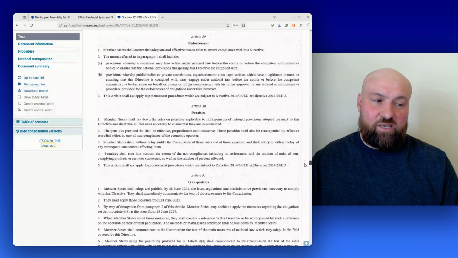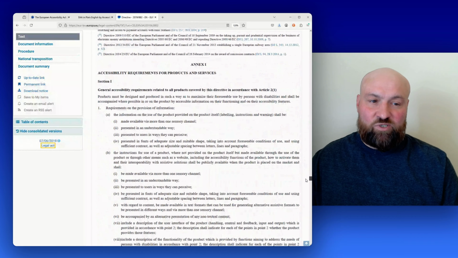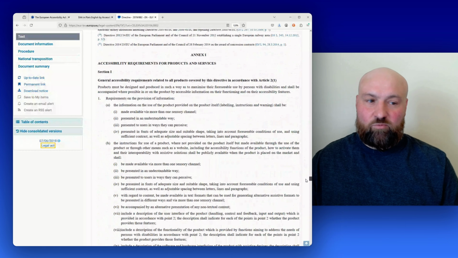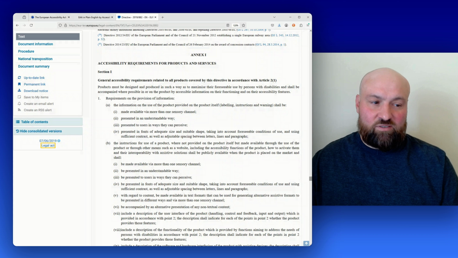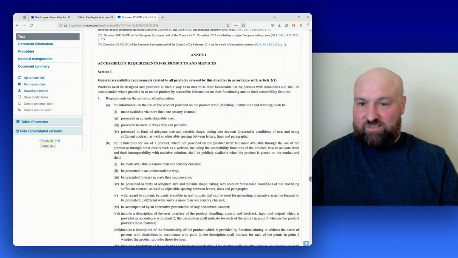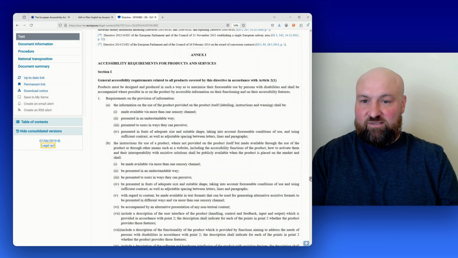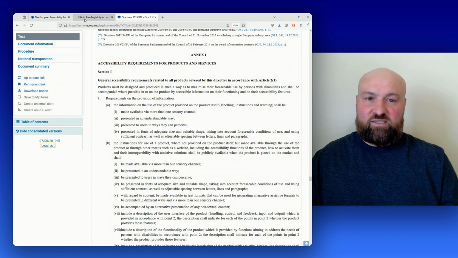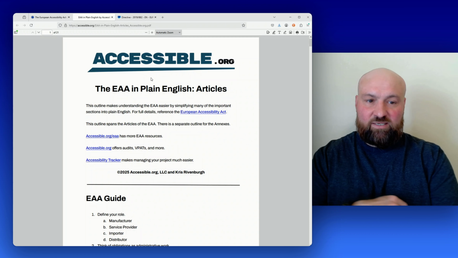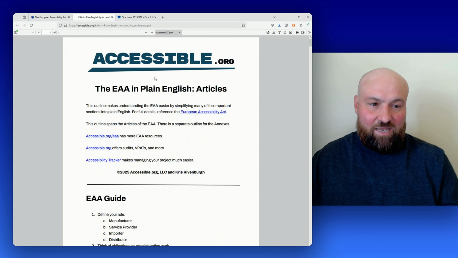And then finally, we get to the annexes section, which is going to contain the technical requirements and then also some of the administrative side of compliance as well. So there's a lot to get through, and not all of this is applicable to everyone, right? So what I've done is I've created the European Accessibility Act in plain English, and I've tabbed to this guide now,